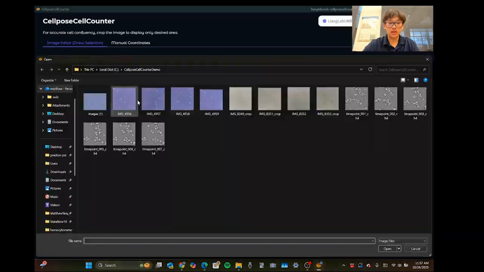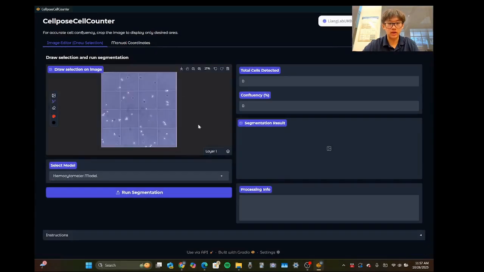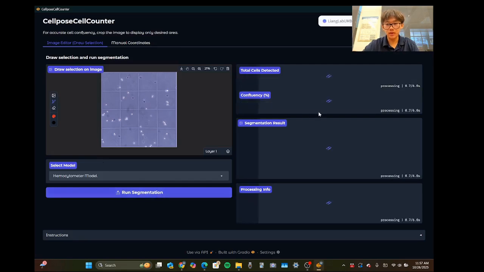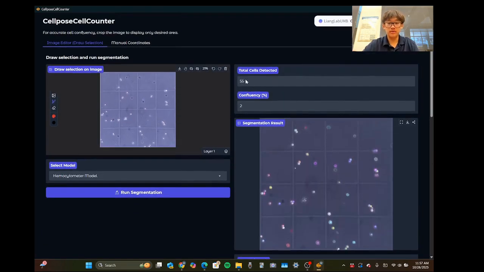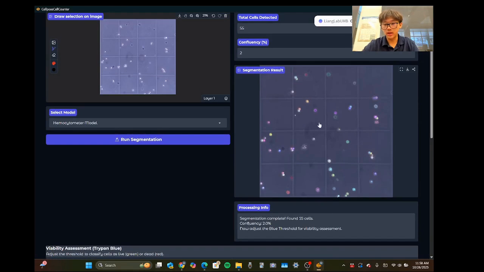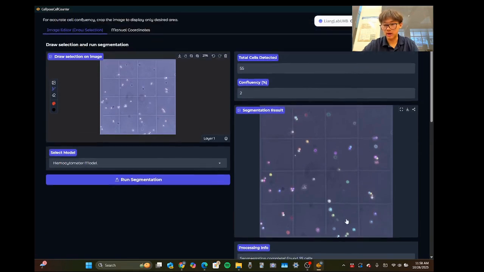So let's say you have this sample of a hemocytometer and you want to know the cell count in it. What we can do is upload the image, select our model, which in this case we'll use the hemocytometer model, and run segmentation. Looks like it's predicted 6 seconds for inference time, and we'll see, yeah, around 6 seconds, and we already have our cell count. 55 cells counted in less than 7 seconds, and much faster than a human could count. You can see all of our cells are accurately segmented,